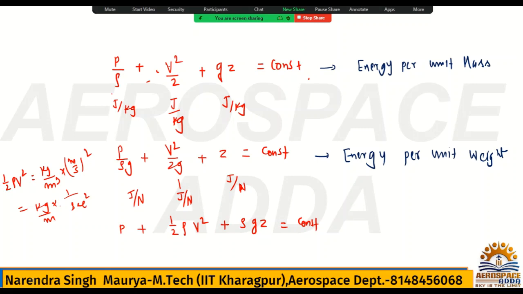Yes or no? Kg per second square meter. Similarly, rho gz is density, kg per meter cube, g is meter per second square, and then z, which is nothing but meter. So overall